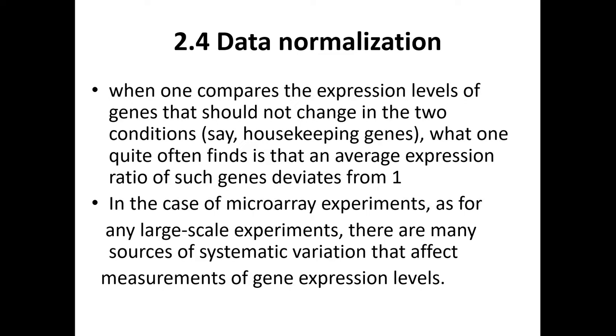In microarray experiments, as in any large scale experiment, there are many sources of variation. In the last class we also discussed the systematic variations, which may be because of variable density problems, beam positioning errors, and variable size of the spots, all of which can affect the spot intensity. To reduce the effect of these variations, normalization is carried out.